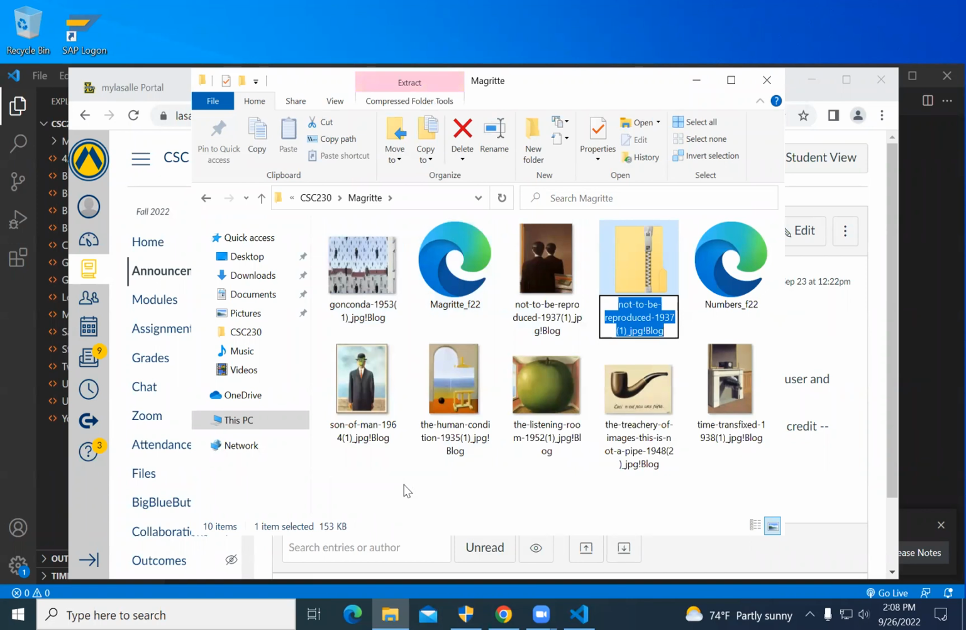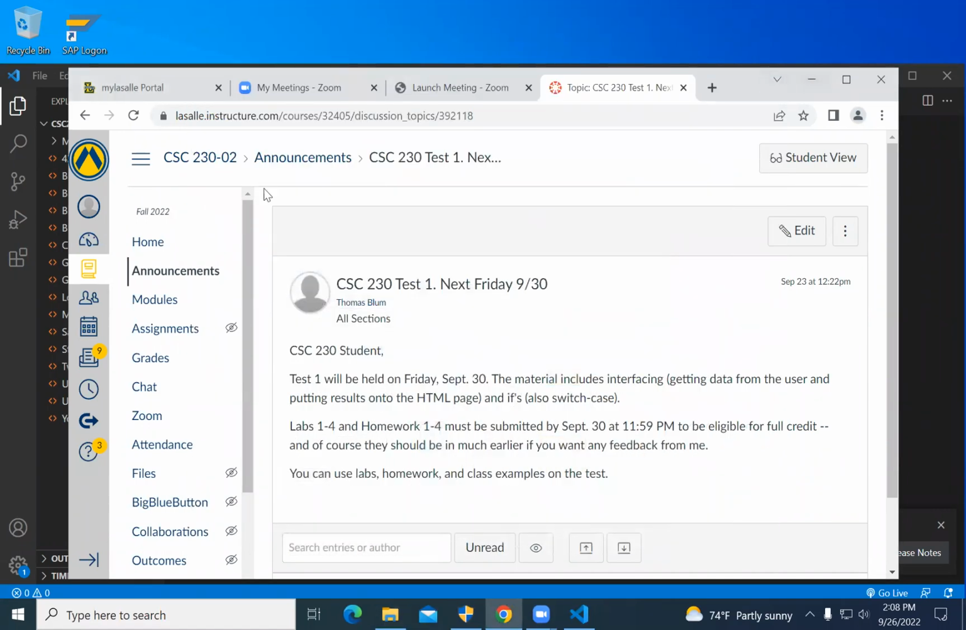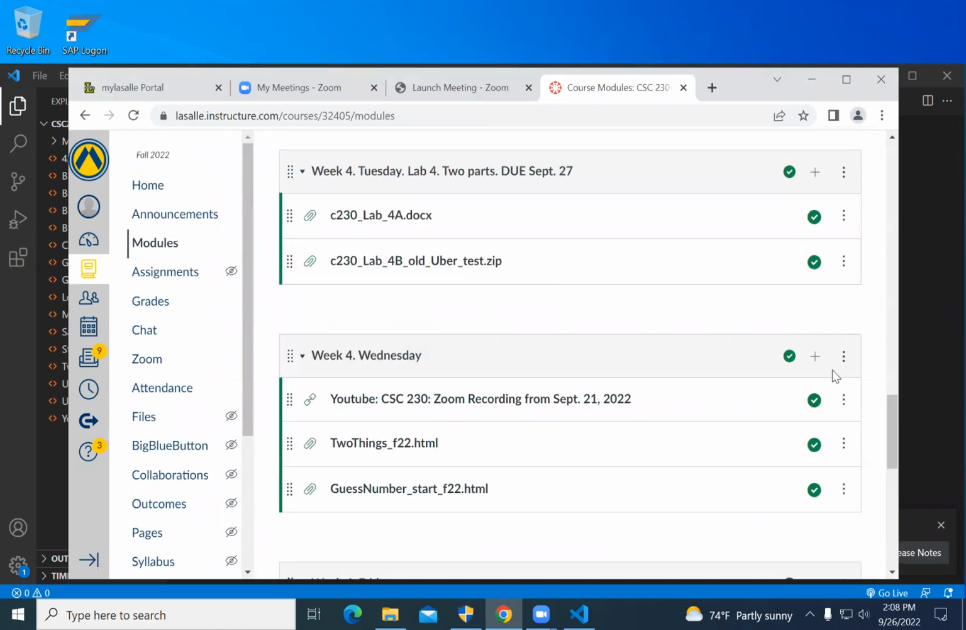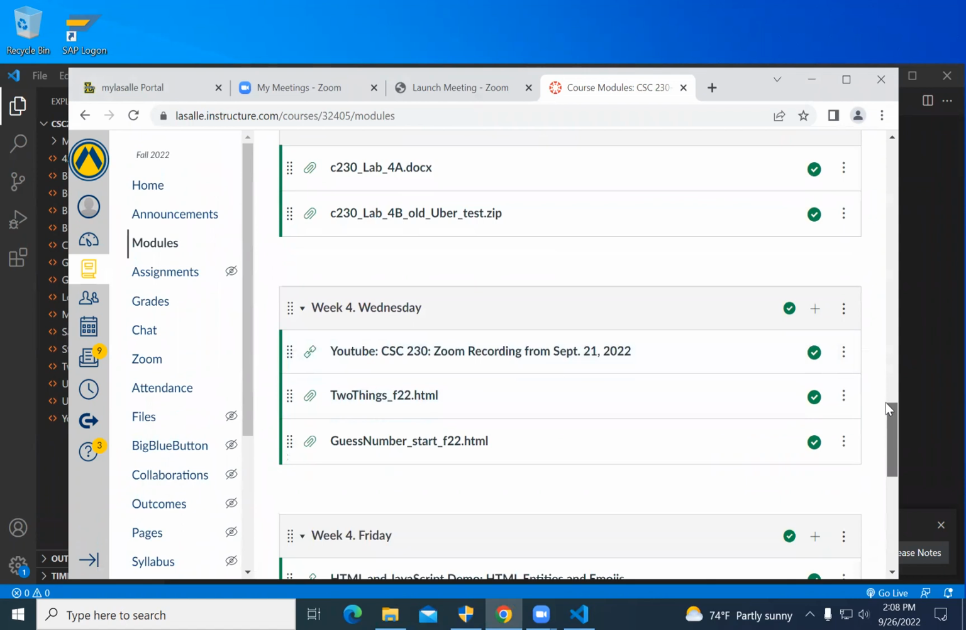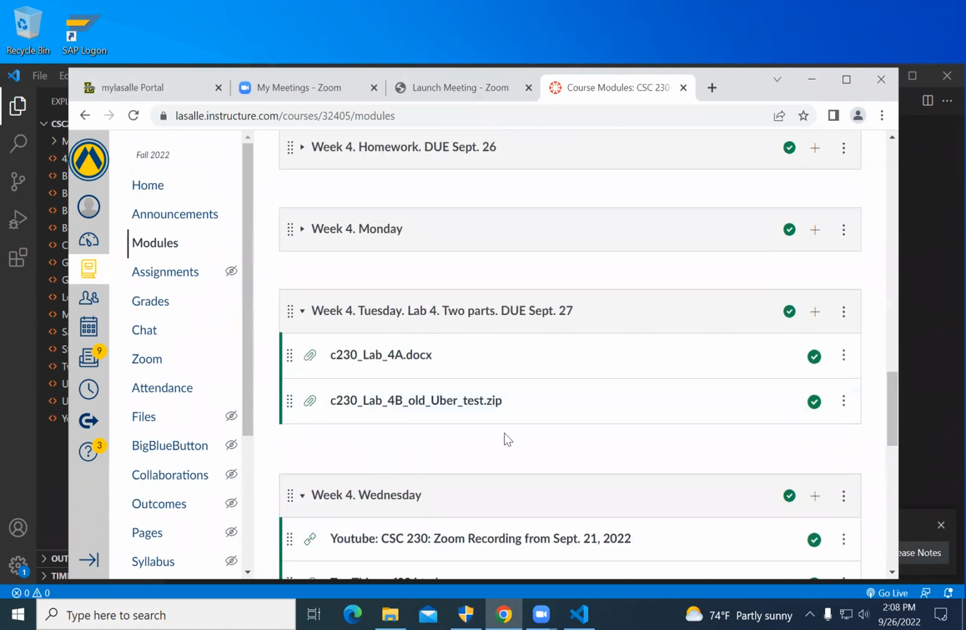If I deliver to you a zip, so let's say I delivered this zip to you, if I'm giving you images, like I probably did for the car, I think that had images, right? Where was that? That was the lab, last week's lab, the Uber test. So if I deliver to you a zip,